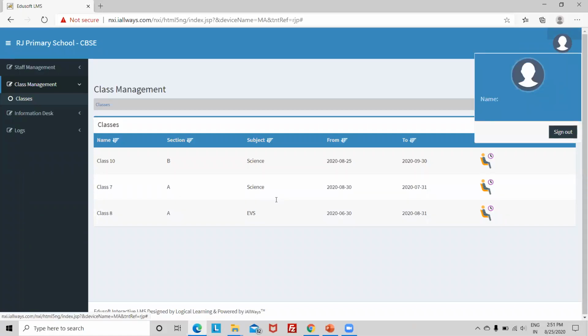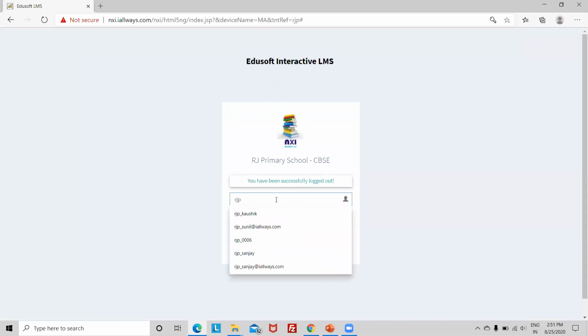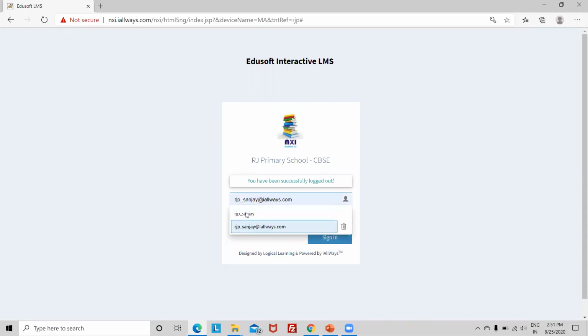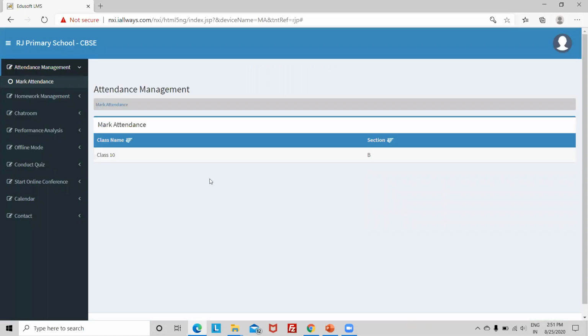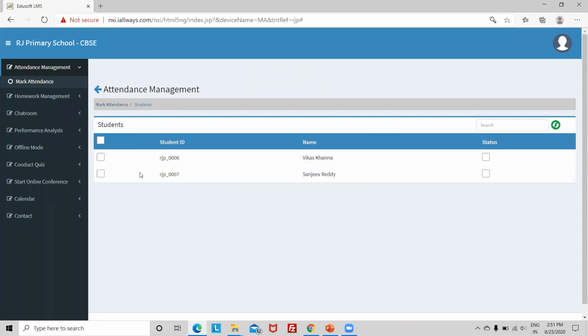Now, what I'll do, I'll just log in as teacher. Okay. Now we can see the class listed for the teacher. If you go to mark attendance, you can see the students listed. Okay. So are you able to follow so far? Definitely. Yeah. Till now, great. Yeah. So now we can see the teacher can see the students registered against that class. So I can just select all of them and mark as present.